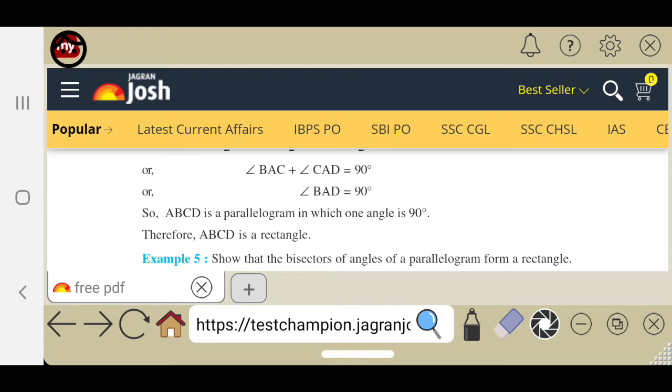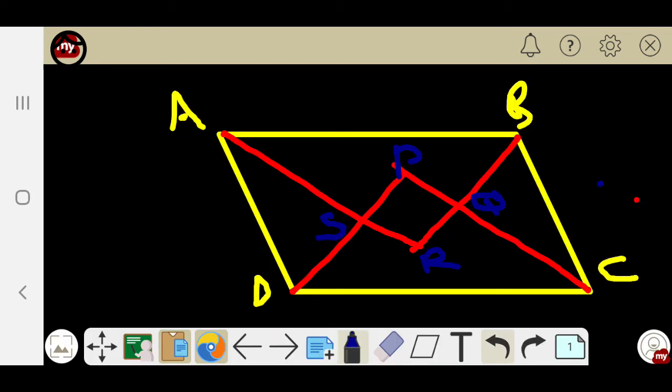Show that the bisectors of angles of a parallelogram form a rectangle. We have to prove that PQRS, that middle one, is a rectangle. How will you prove PQRS is a rectangle? If PQRS is a quadrilateral and all the angles are 90 degrees, then it is a rectangle. Now it is given that